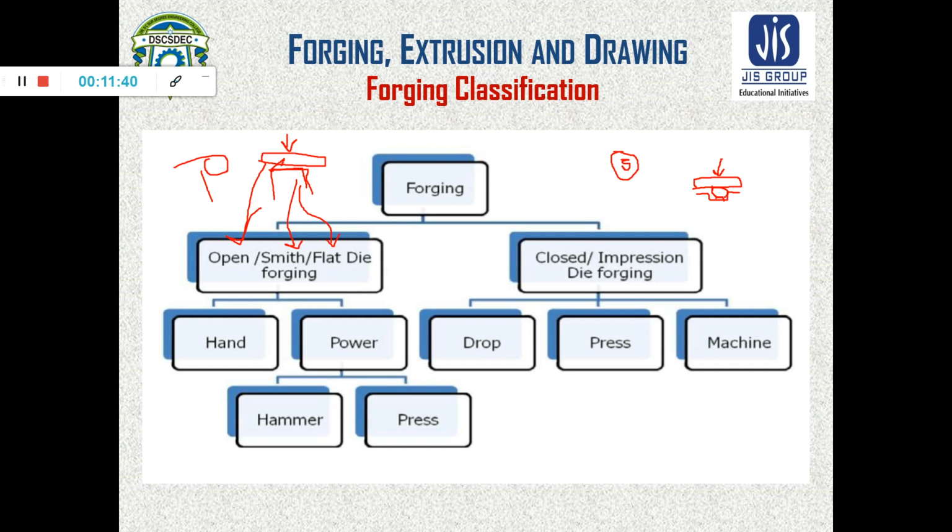In case of closed die or impression die forging, what happens? The surface impression can be seen in our product. So that's why it is called impression die forging.